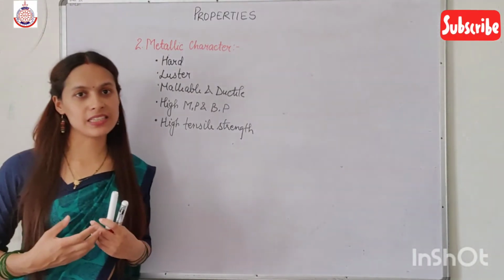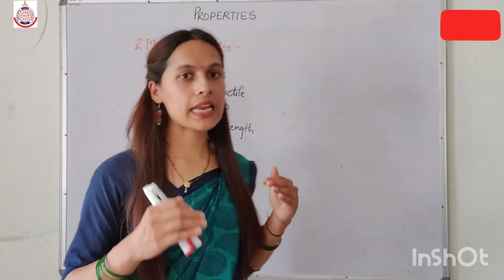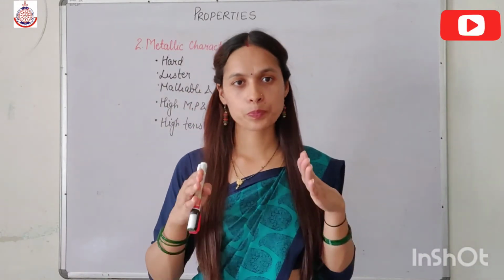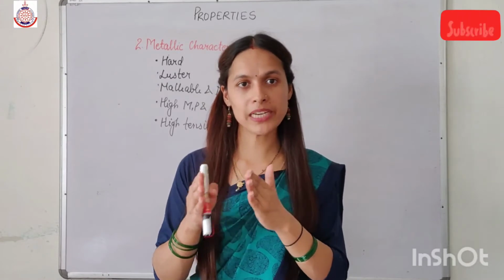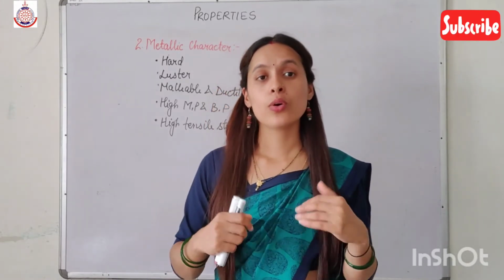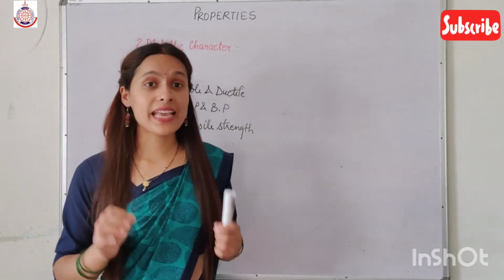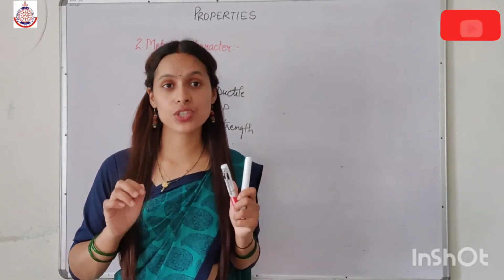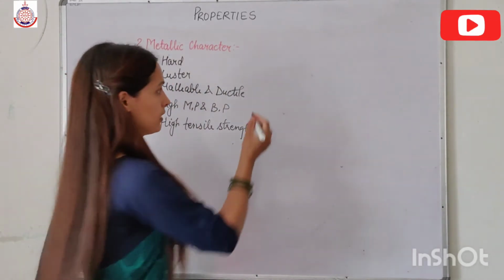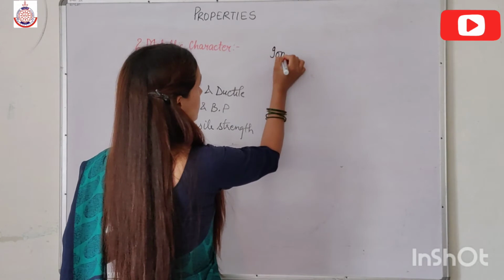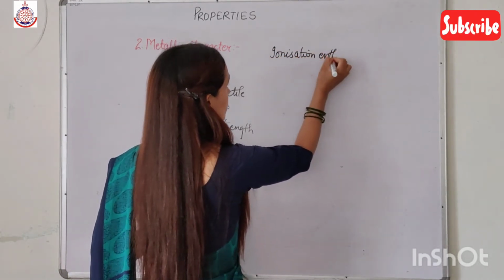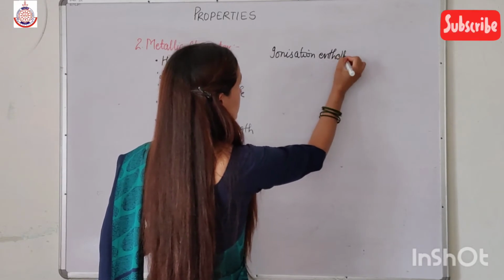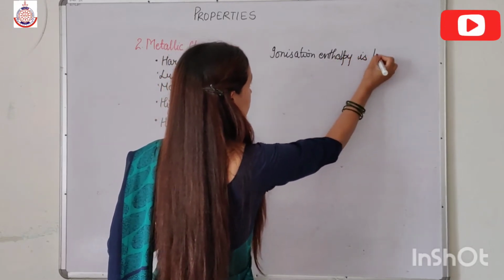We know that in d block elements, the electrons are present in the penultimate d subshell. Now, because the ionization enthalpy of transition elements is very less,